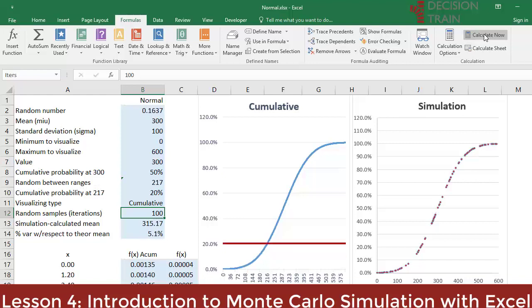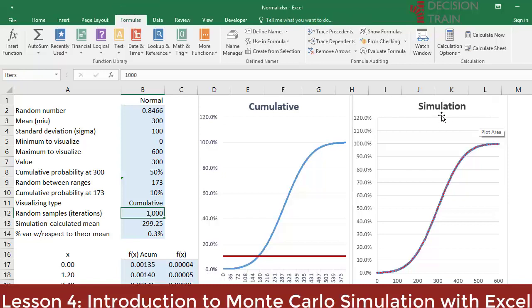By increasing an order of magnitude, between 100 and 1000, the curve simulated or created from random numbers practically equals the theoretical curve. We call the set of all these 100 or 1000 or any number of iterations a simulation. And this is called convergence. When the number of iterations is high enough that a curve iterated from random numbers closely matches a pre-existing theoretical curve, we say that the simulation process has converged.